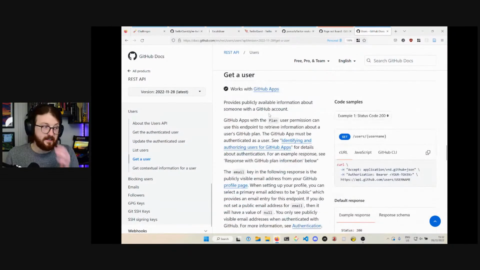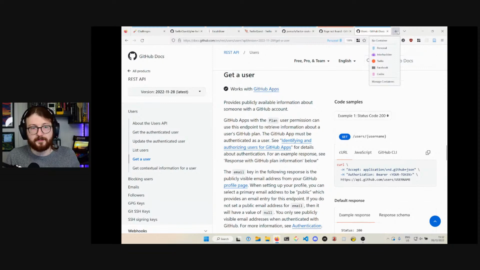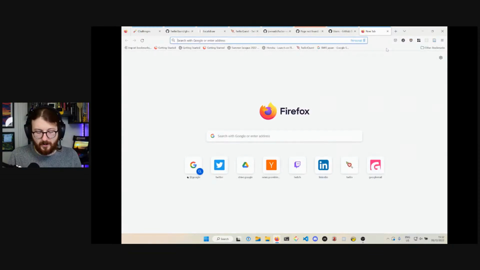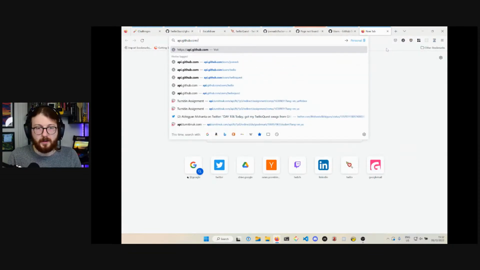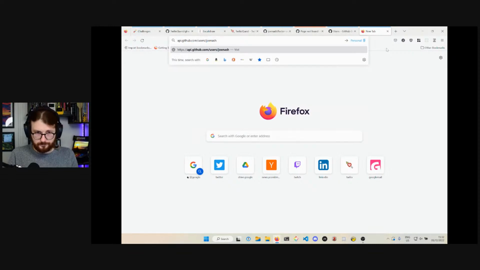So this is an endpoint on an API. This is API documentation. All API documentation looks broadly similar. And we'll explain why that is in a bit. But first of all, let's play with this API. So this API is available for GET requests at api.github.com/users/username. So if I were to, for example, open up my browser tab and go to api.github.com/users/Joe Nash, this will send an HTTP GET request to the GitHub API to get the data associated with Joe